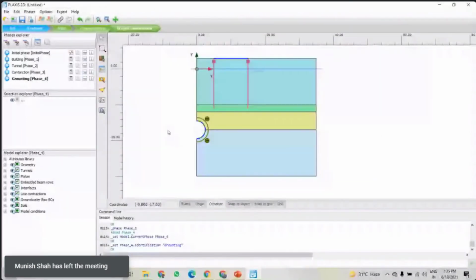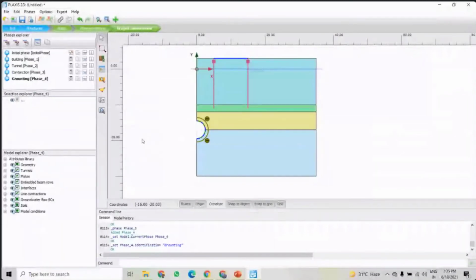In this mode, we have to deactivate first the tunnel linings like plates, then negative interface and contraction. So we have to uncheck the tunnel, interface, contraction and negative interface. So all things we have deactivated here first, right?